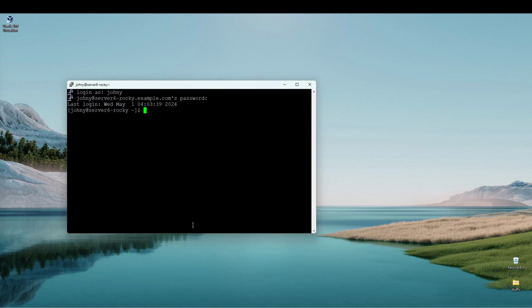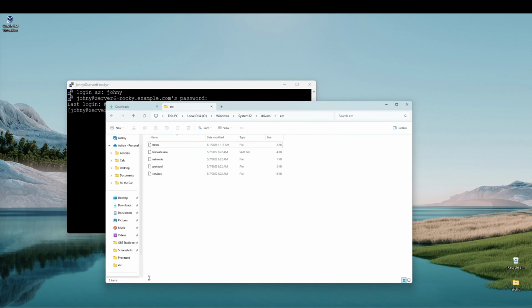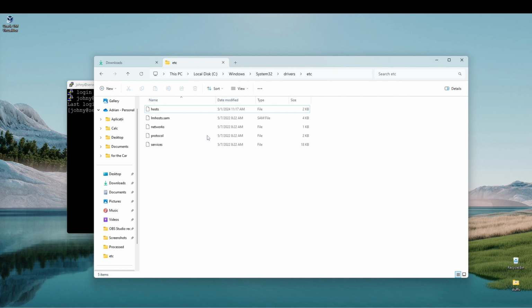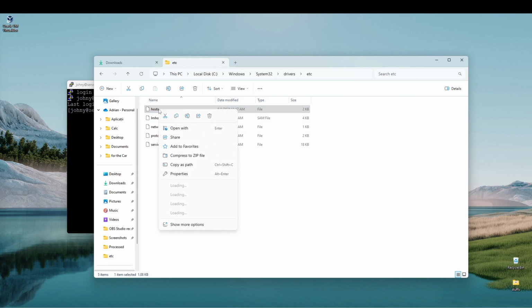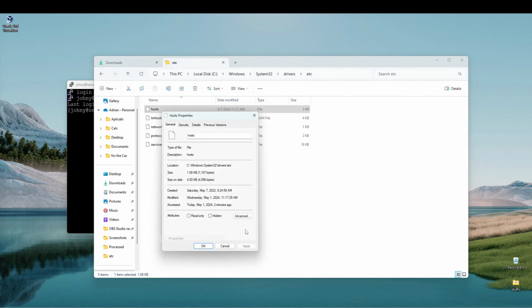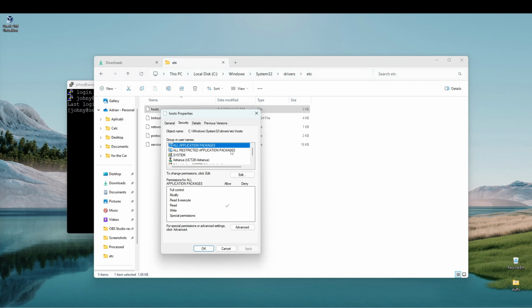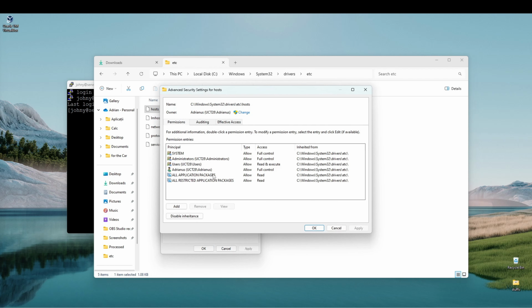But before we proceed with this, I have to let you know that we need to do two things. The first one is that we need to edit our hosts file. In order to edit our host file, first of all, you have to make sure that inside properties, where you set up your security permissions, this particular so-called user or application packages has